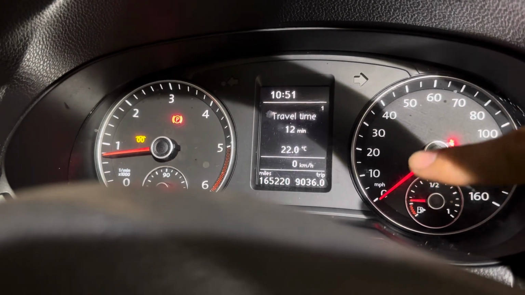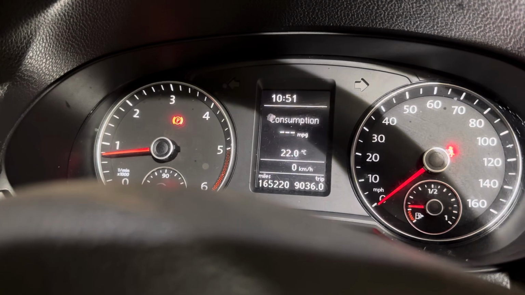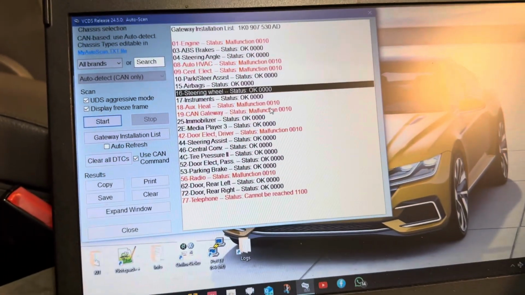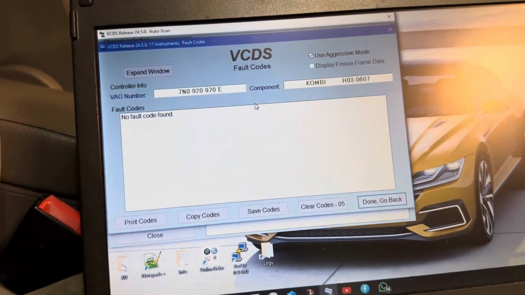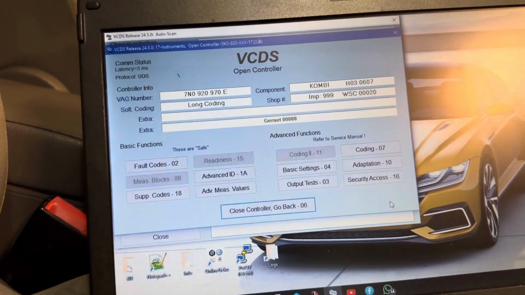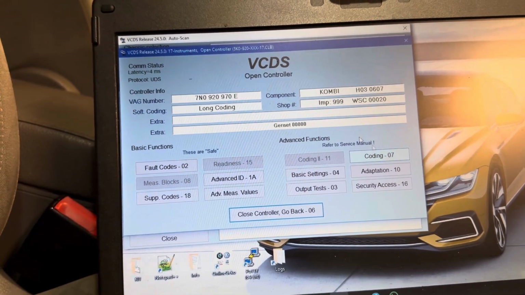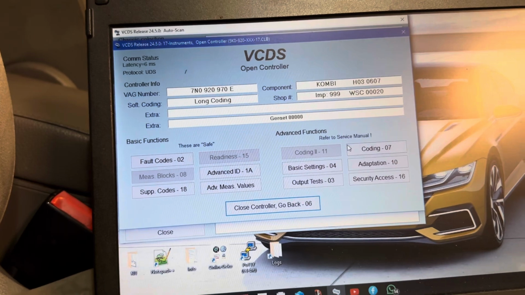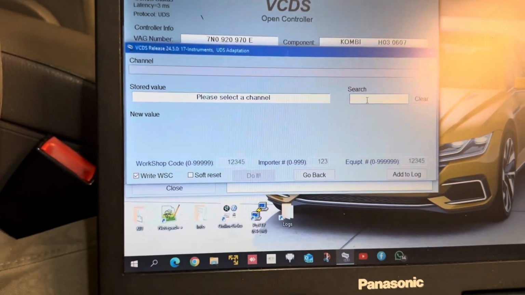As you can see, everything is in miles, and there's no large speed on there. That's all you got. What we're doing, first of all, we need to go to instruments. There's no error in here. I'm using this, you can see it there, and we have adaptation, and then we use